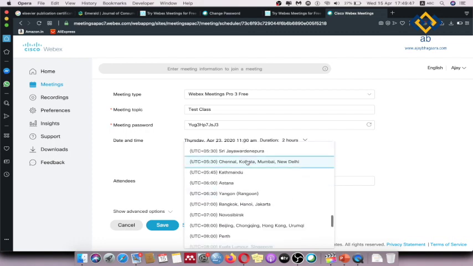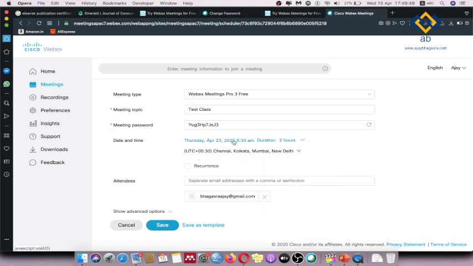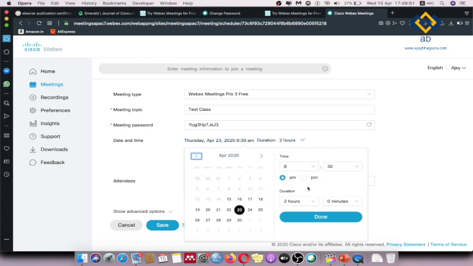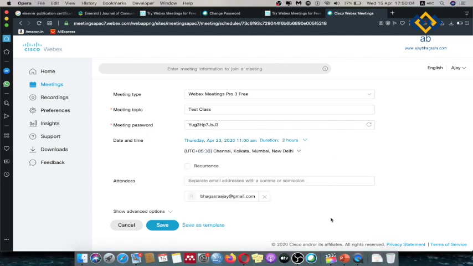This is here New Delhi, right? So then you need to change it, because it has shifted now. So 8 a.m. we have tested it for say 11 a.m. So you can set it again at 11 a.m. So we have done these corrections. 23rd done. So now it is New Delhi time, 11 a.m., 23rd of April for 2 hours, and now you